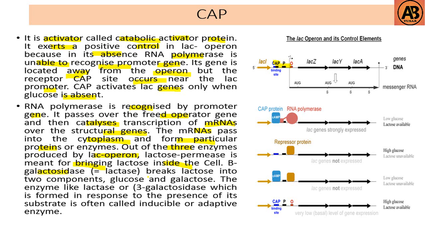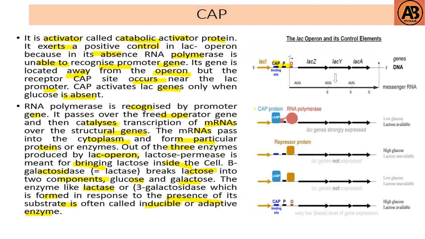Beta-galactosidase breaks lactose into 2 components, glucose and galactose. The enzyme like beta-galactosidase, which is formed in response to the presence of its substrate, is often called inducible or adaptive enzyme. So this is about the cap gene,